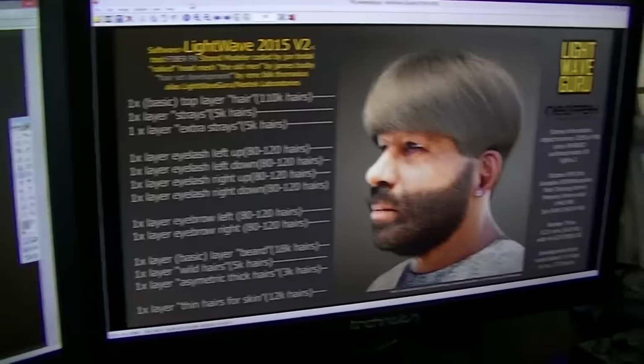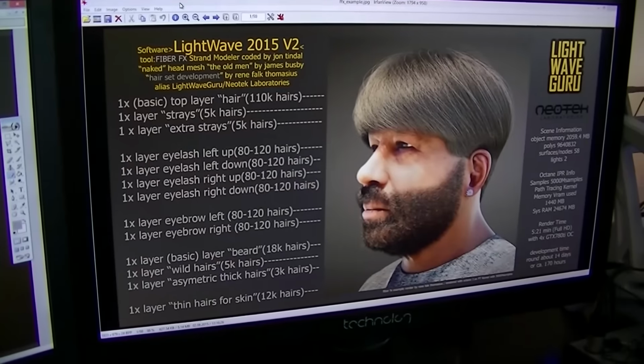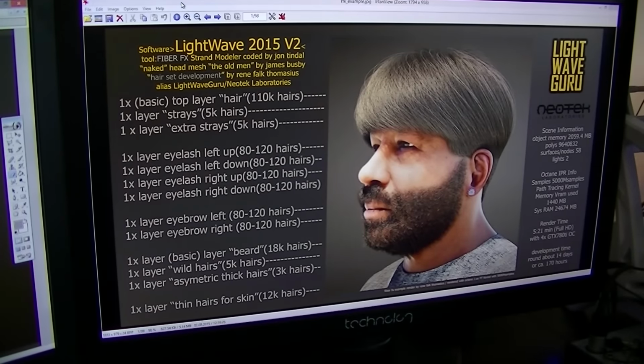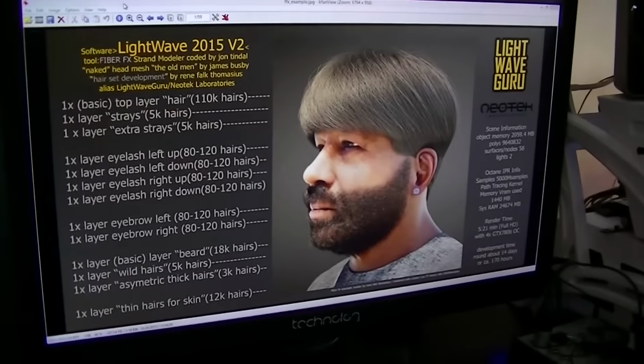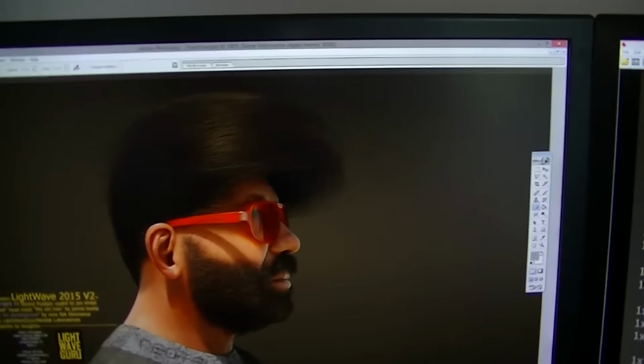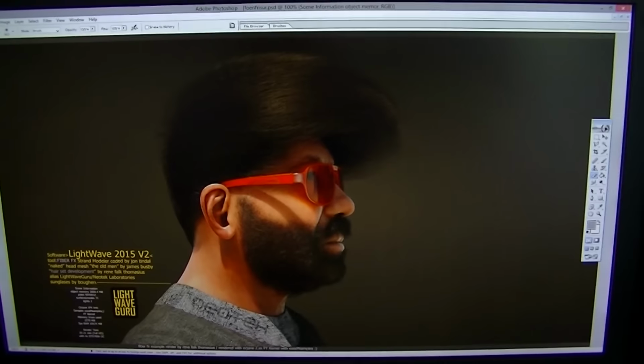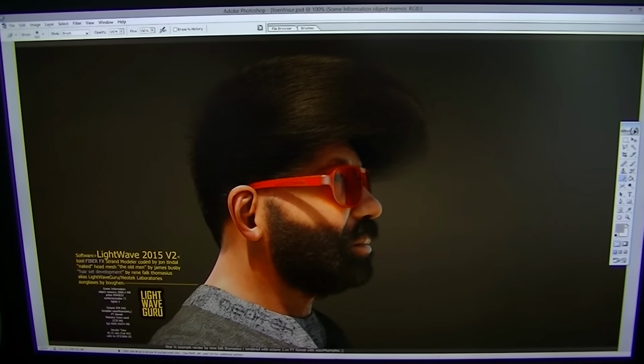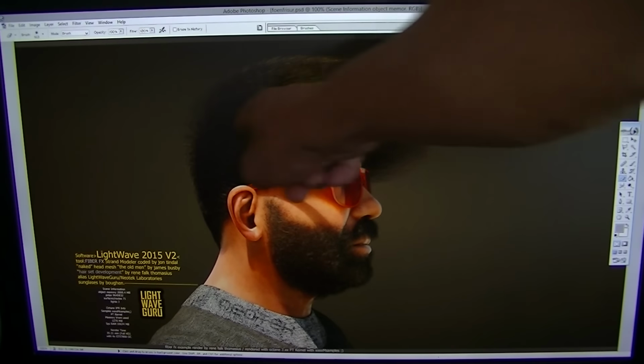And all I show today is we use the FiberFX Strand Modeler tool, which is integrated in the Lightwave modeler, and we use Octane for rendering and shading, and not the FiberFX filter plugin from Lightwave. The reason is that in Octane, under the object properties, I can give every spline or two-point poly chain